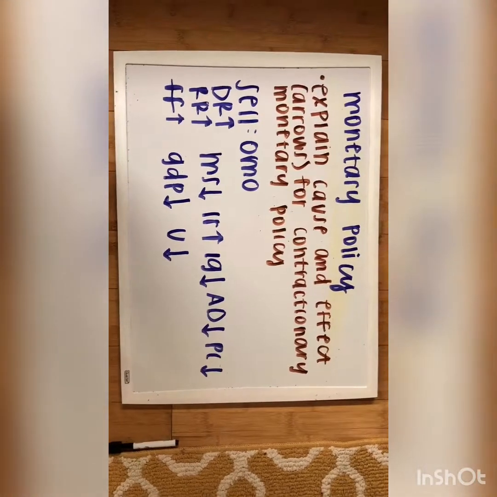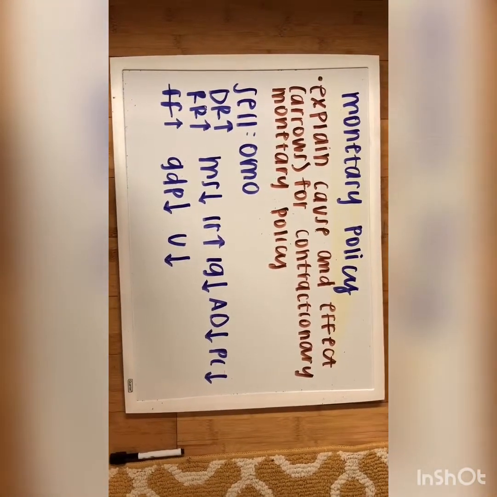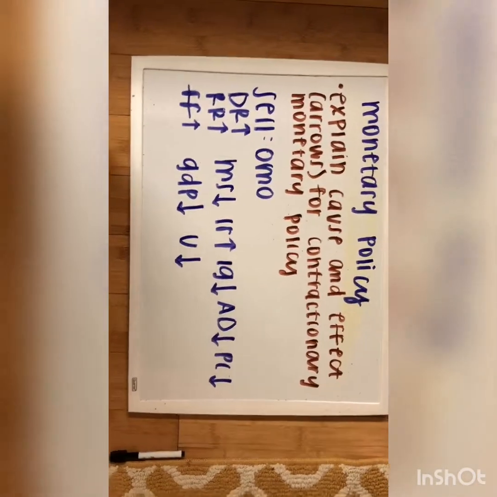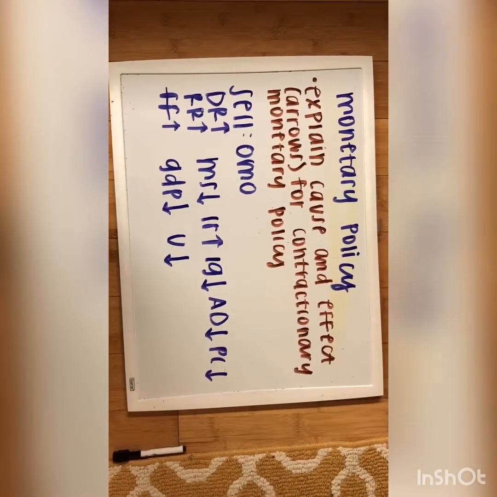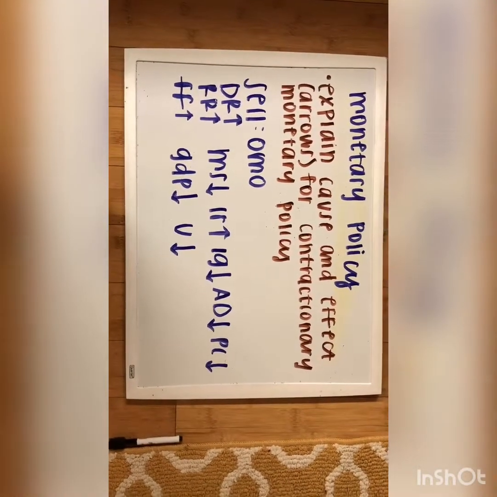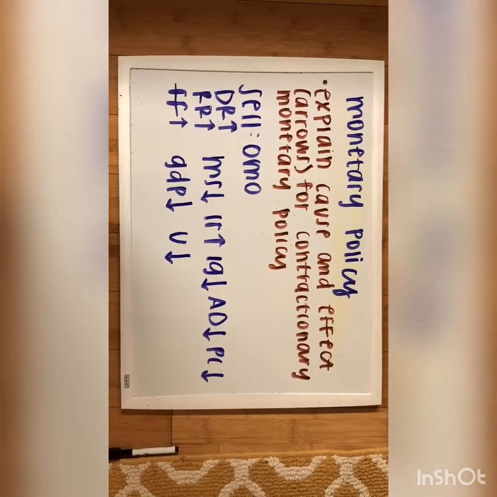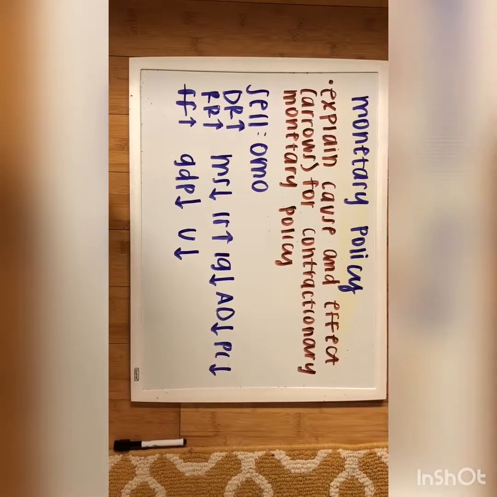Our next question is, explain the cause and effect arrows for contractionary monetary policy. For open market operations, you would sell bonds. For the discount rate, it would increase. Reserve requirements increase, and the federal funds rate would increase. The discount rate would increase because that would make it harder for banks to get loans,